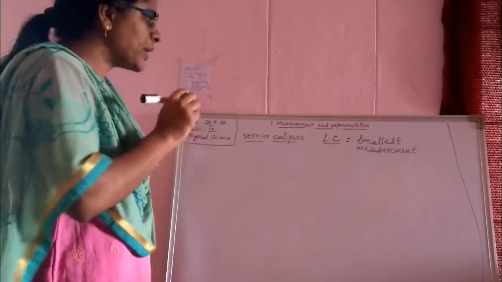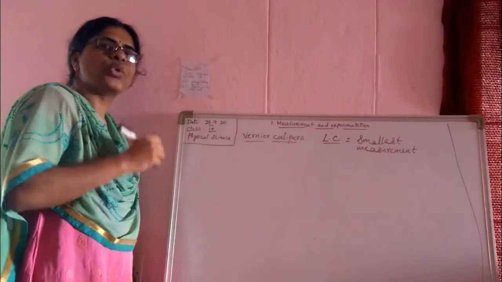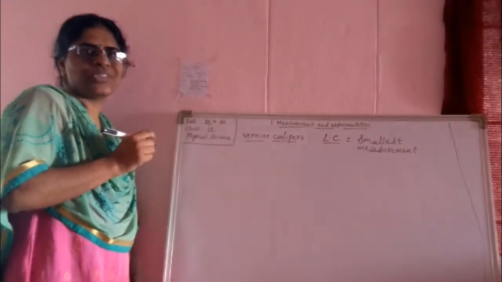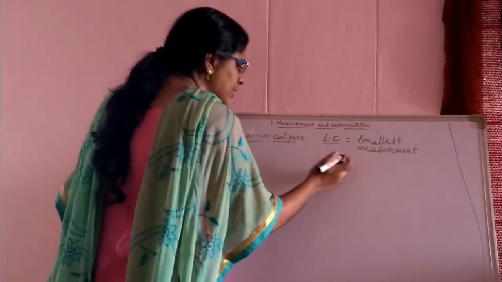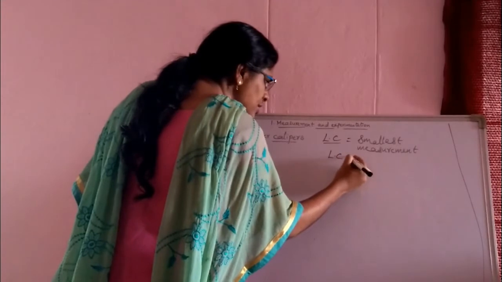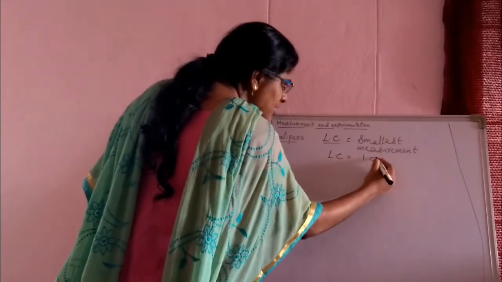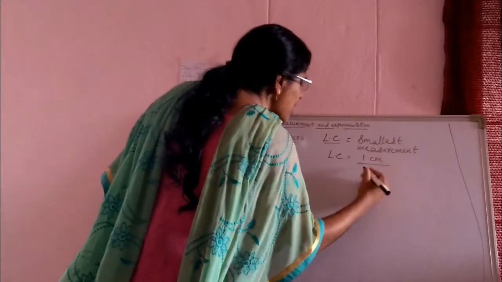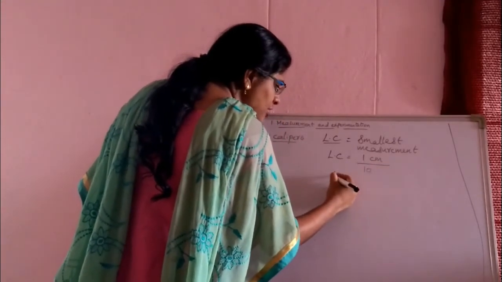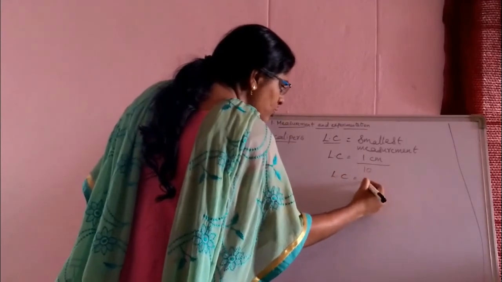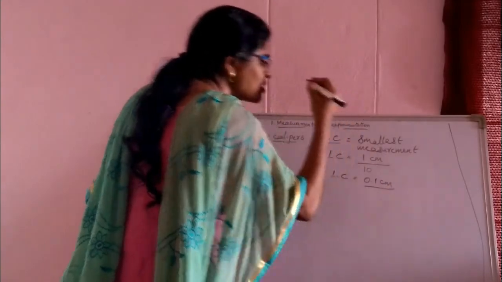I have explained you the least count for the ruler or a scale which you are using in your compass box. What we have decided there, the least count is the difference between the readings, that is 1 centimeter is the difference, and the number of divisions are 10. Hence, we said least count for your ruler or a scale is 0.1 centimeter.